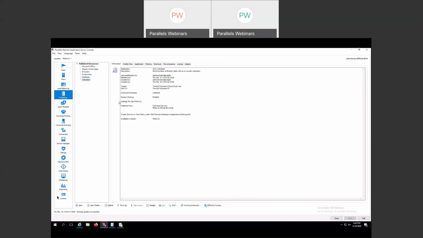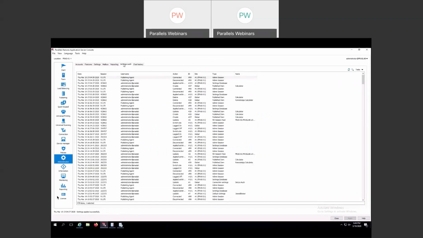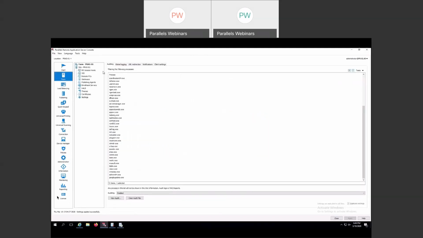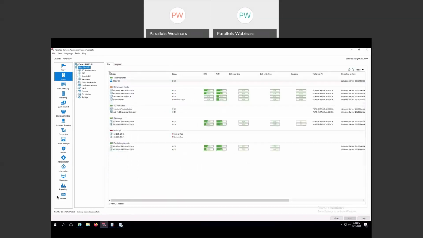And then now if I go back under publishing, a calculator was restored, right? So very, very cool. And then again, that was under administration and settings audit. Okay. A couple other little features that we've added in here that may help you a little bit is under farm. And then if I click on site, you know, here's the dashboard that we all know